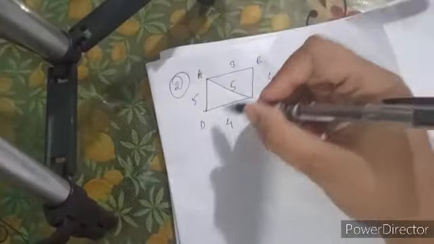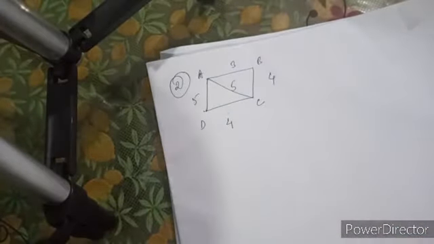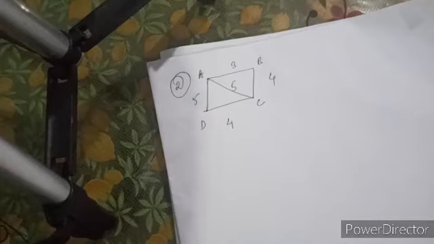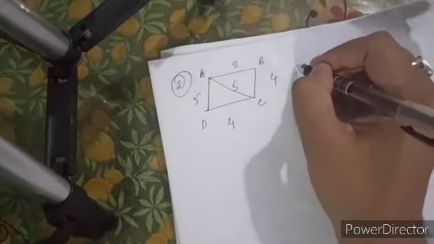So now if you see, again you have a quadrilateral which is divided into two triangles, and in both the triangles you can see the three sides are available, isn't it? So let us find using again Heron's formula.